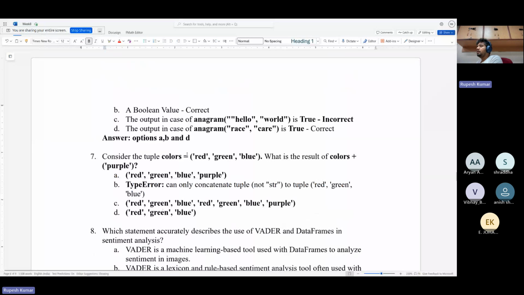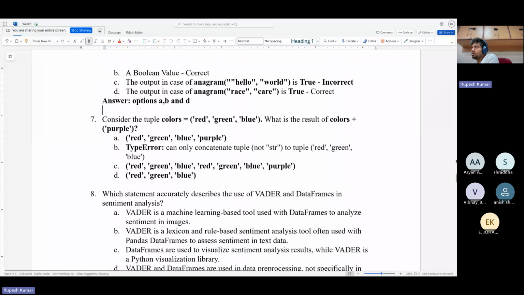Question number 7. Consider a tuple of colors. Colors equals red, green, blue. What is the result of colors plus purple? So can anyone tell me? So basically what we are doing, we are trying to append another tuple containing the entry purple into